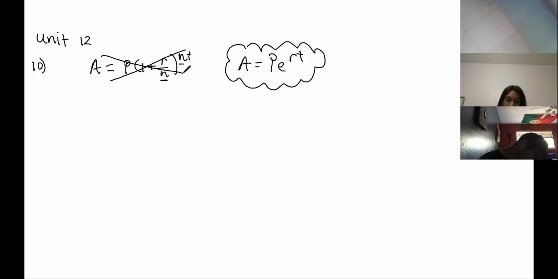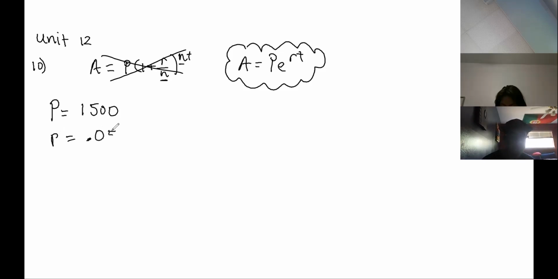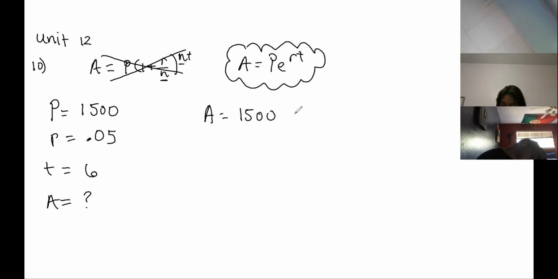$1,500 is invested at. That's your initial amount. P is always the initial amount, so that's the 1,500. R is your rate, and it says 5%, so what would that be? 0.5 or 0.05? 0.05. And T is the amount of time we're leaving it in the bank, and it says for 6 years. A is the amount we have after 6 years, and that's what we're looking for. So we write down A equals 1,500 E raised to the